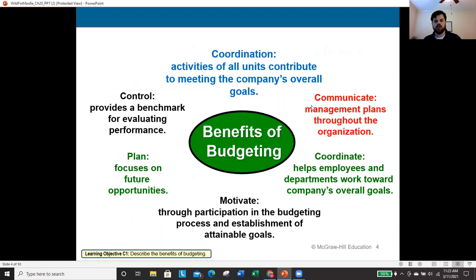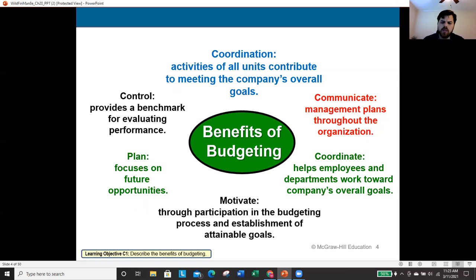So what we will see in this chapter to go ahead and start off with is just a brief discussion on essentially why we budget. So what are the benefits of budgeting? We'll just run through these pretty quickly. We'll start at the top and we'll just work around clockwise. So we'll see coordination is our first one. And we're trying to identify ways that we can get our activities to actually contribute to the overall goals of the organization. So I'm trying to find ways to eliminate any duplicate procedures and coordinate all of my activities effectively.